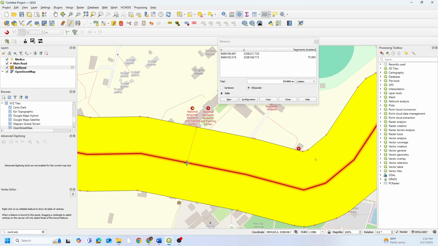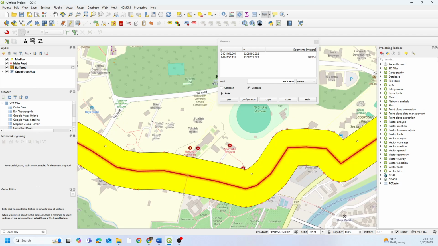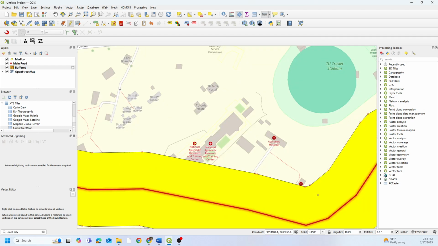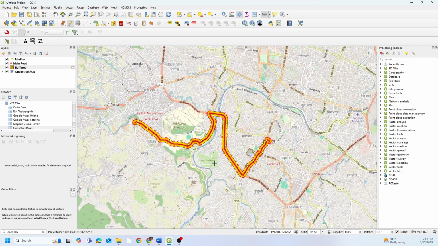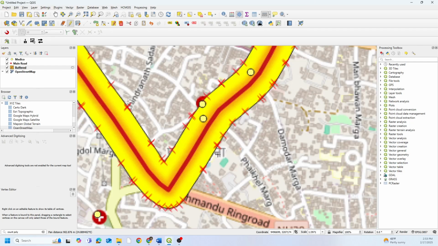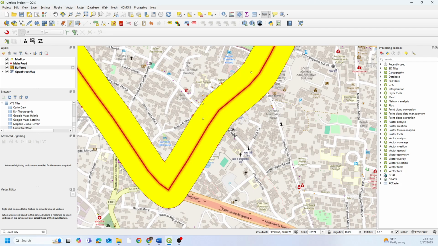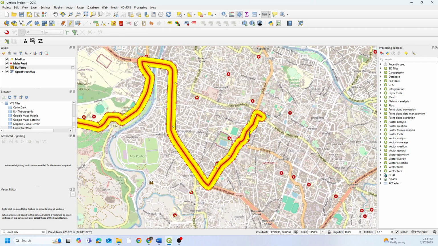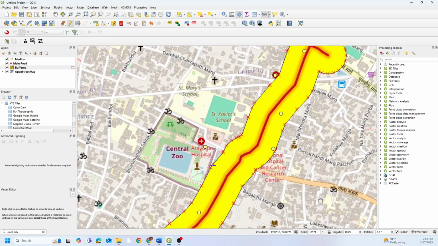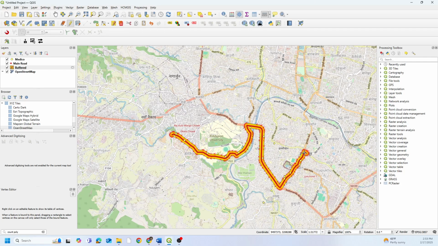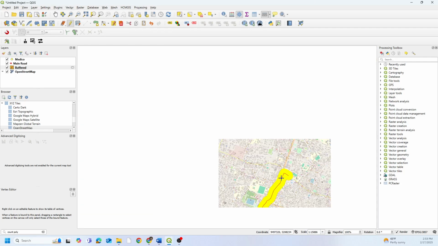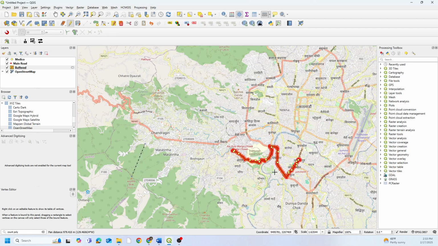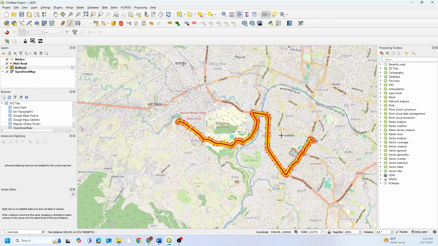You can do a measurement as well if you want to see whether it's 75 meters or not. It's almost, yeah, 75 meters, right? And then again, almost 75. I haven't done it correctly, but it's 75 meters. So this hospital didn't come under the 75 meter buffer, whereas these hospitals did come inside the buffer. This one didn't lie within, this one also didn't, and this one also. So in this way, a buffer is a very simple thing which we usually do in GIS